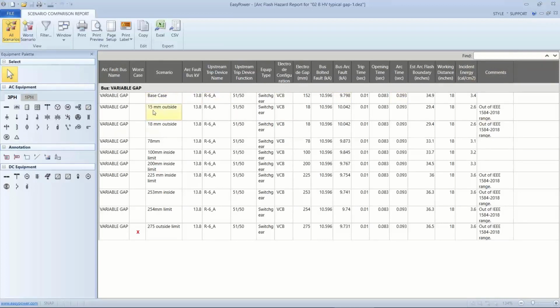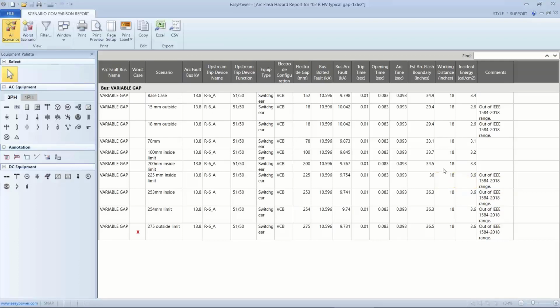Here, what I'm seeing is that when I'm outside the dimension for that voltage, I get the comment, but I still get an incident energy calculation. Likewise, when I'm outside the limit, more calculations. If I'm right inside the limit between the high and the low, I don't get the error, but I do get calculations. What concerned me, though, was I'm inside the boundary, inside the band of allowable dimensions, but on some of these, I'm still getting the comment of outside the range. So that makes me wonder where